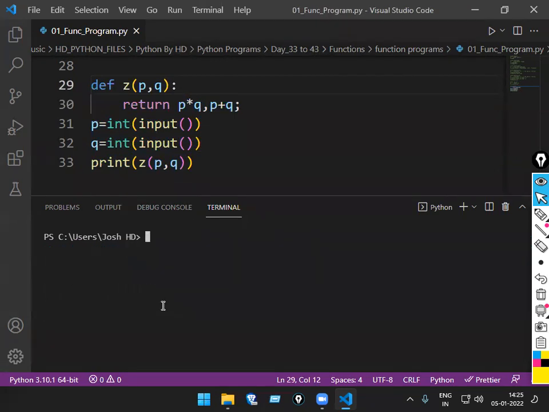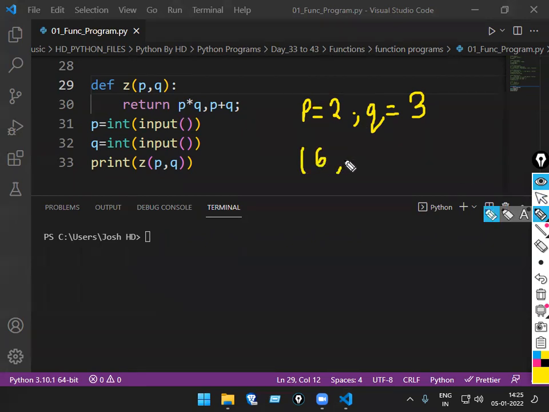So by seeing this program, what do you think we'll get now? Multiplication and addition. How will we get it, side by side or how? Side by side. So we'll pass some values. Suppose p value we pass as 2 and q value as 3. So what will happen here? P comma q. 6 comma. First what will come? 6, then 2 plus 3, 5. That's it or anything else more? That's it, yes or no?